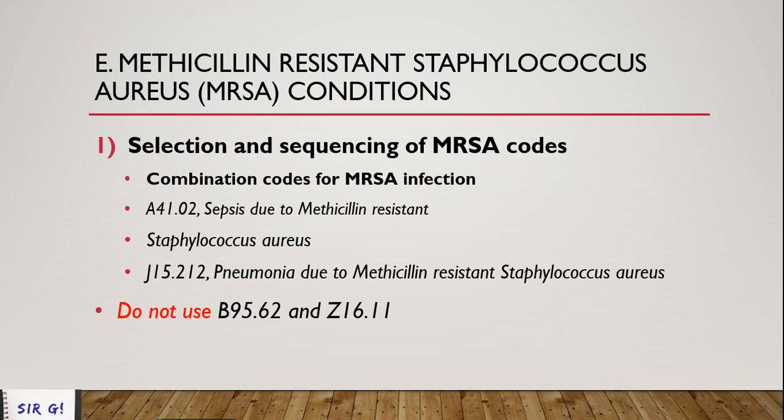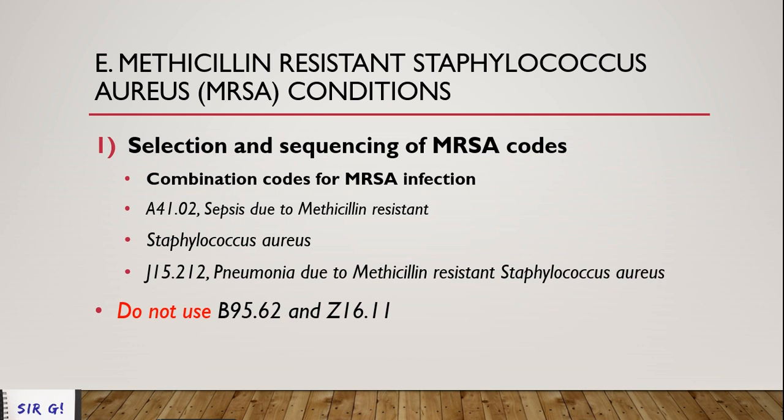So those are combination codes. We have a combination code example here, which is A41.02. When you say A41.02, the definition is sepsis due to methicillin-resistant Staphylococcus aureus, or sepsis due to MRSA. As you can see in the definition of the code, you can see the condition, which is sepsis,